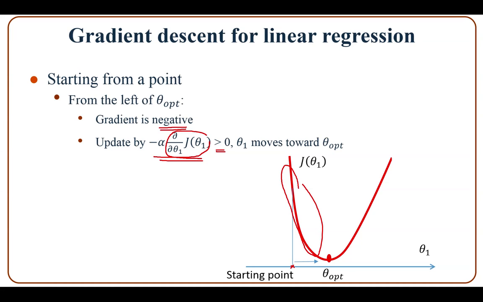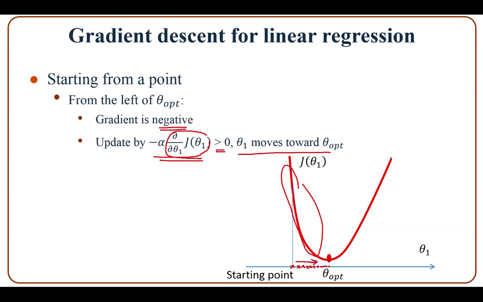So from here we see that theta 1 moves toward theta opt. So iteratively theta 1 moves toward theta opt. Again and again we update theta 1 such that it gets closer and closer and closer